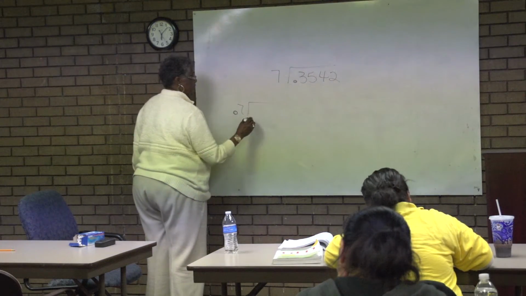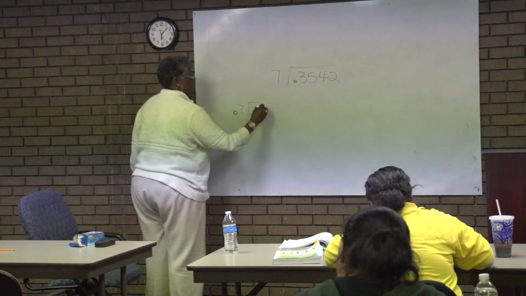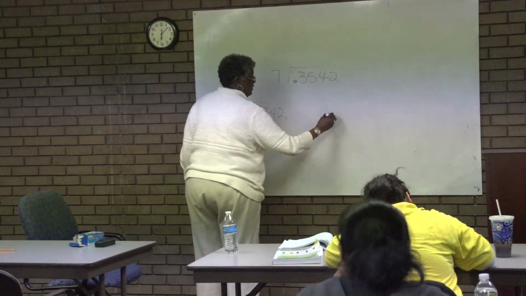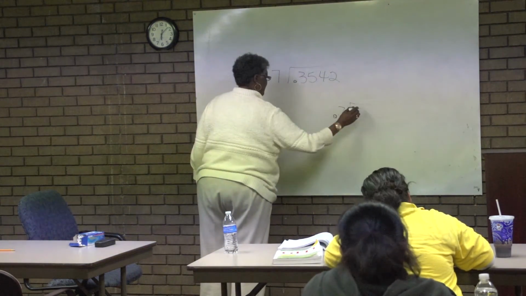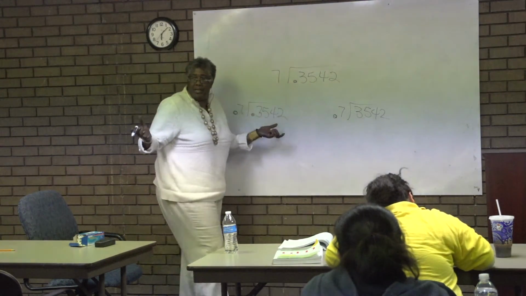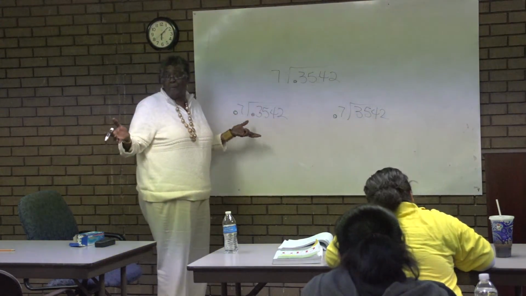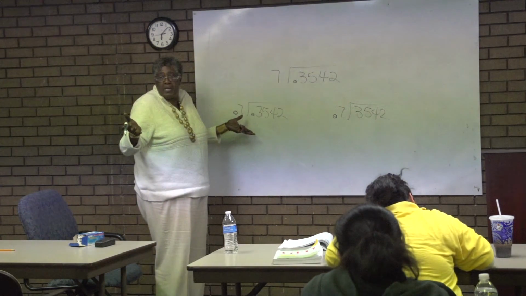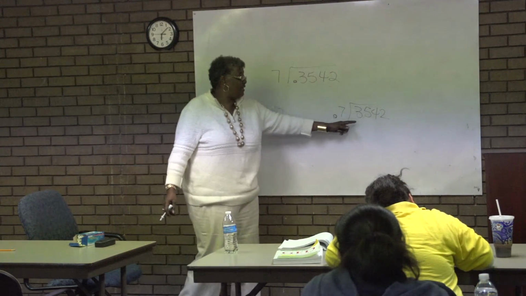point out here, and there is one in here. Sometimes you could have a decimal point here and no decimal points in here. Because numbers can happen however they happen. You don't know in your life what kind of problem you may come up with. You may have